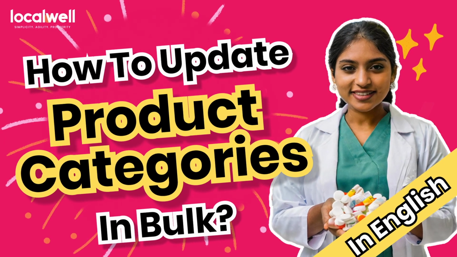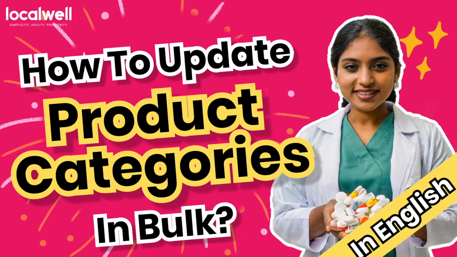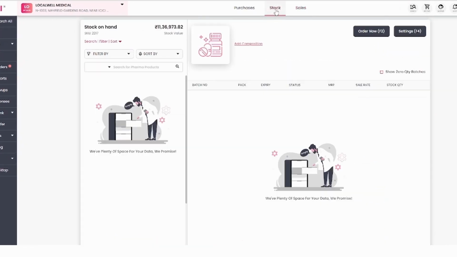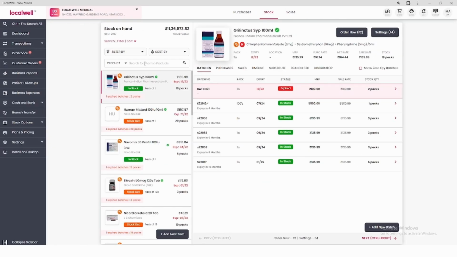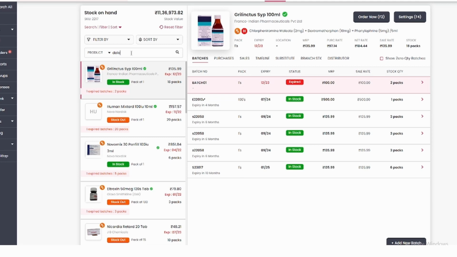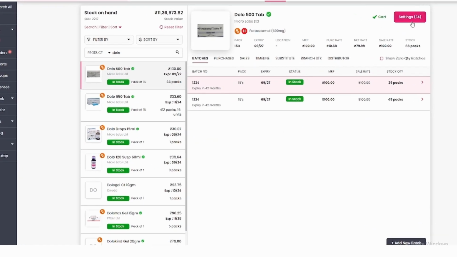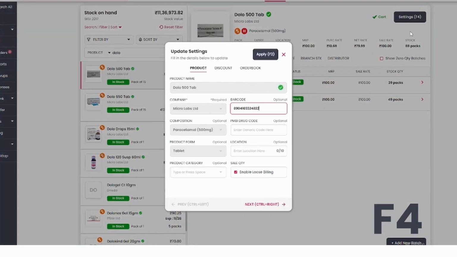Today, we'll cover changing product categories individually or in bulk. For individual changes, look for the stock option above. You come to stock and for whichever product category you want to change, simply search for it here. After searching the product, you will see the settings option on the right hand side, so if you press F4,